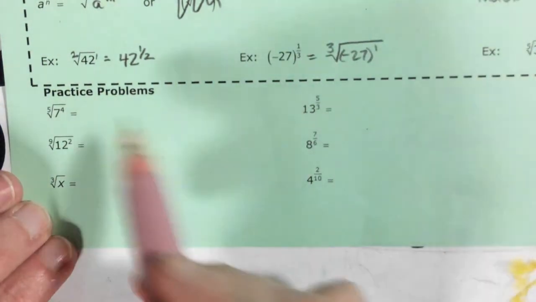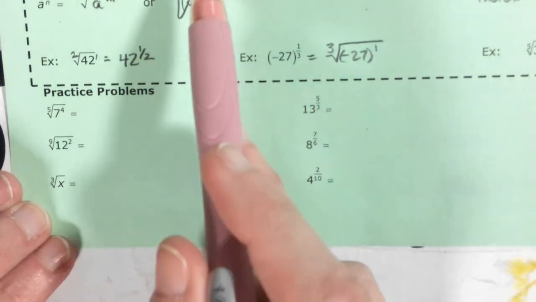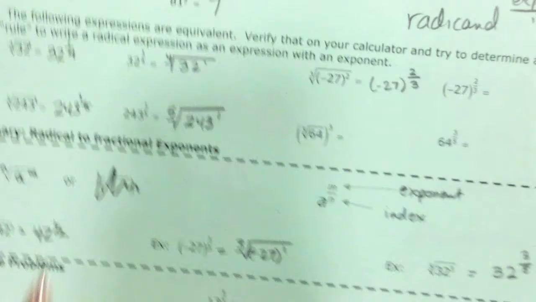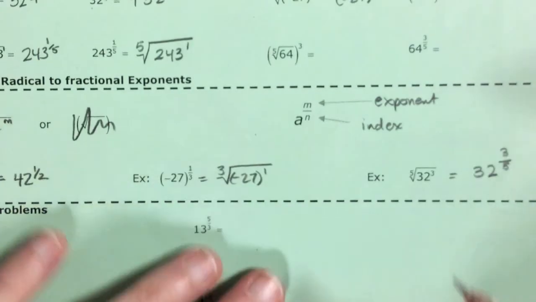I don't want you to get them down to a final number. All I want you to do with these is write them in fractional exponent form. So I want you to write them in this form. And then I want you to write down the word